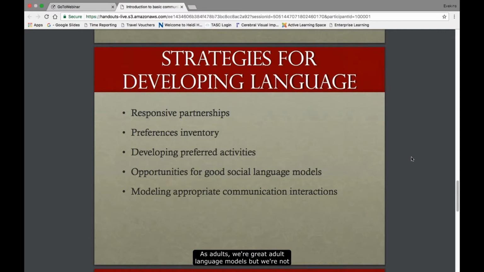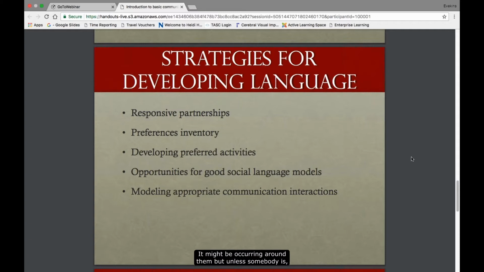As adults, we're great adult language models, but we're not great social models necessarily. And so then it's, again, modeling appropriate communication interactions. This is one I talk about quite a bit too. When we talk about appropriate communication interactions and modeling them, the modeling is our kids don't always see communication happening.